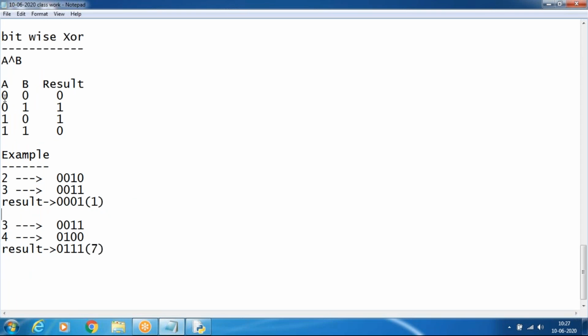Okay, this is the rules. If both cases are the same, the result will be 0. If both different, either A is 0 and B is 1, the result will be 1. Okay.